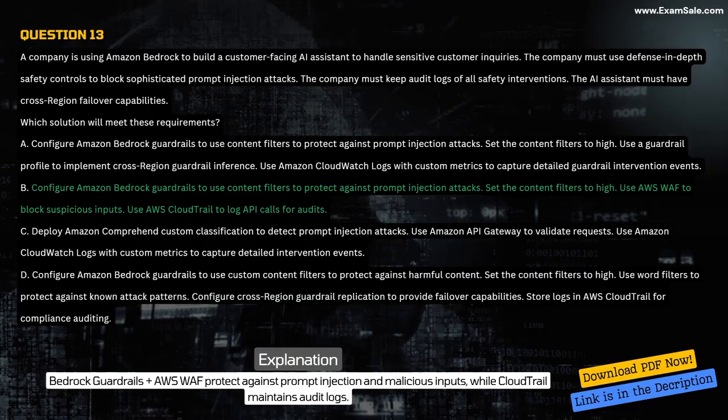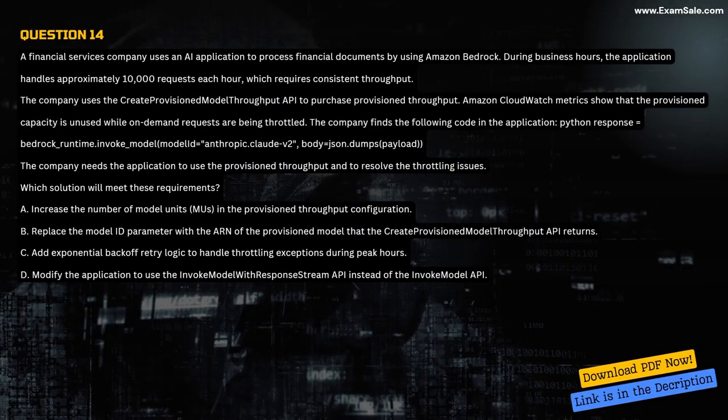Question 14. A financial services company uses an AI application to process financial documents by using Amazon Bedrock. During business hours, the application handles approximately 10,000 requests each hour, which requires consistent throughput. The company uses the CreateProvisionedModelThroughput API to purchase provisioned throughput. Amazon CloudWatch metrics show that the provisioned capacity is unused while on-demand requests are being throttled. The company finds the following code in the